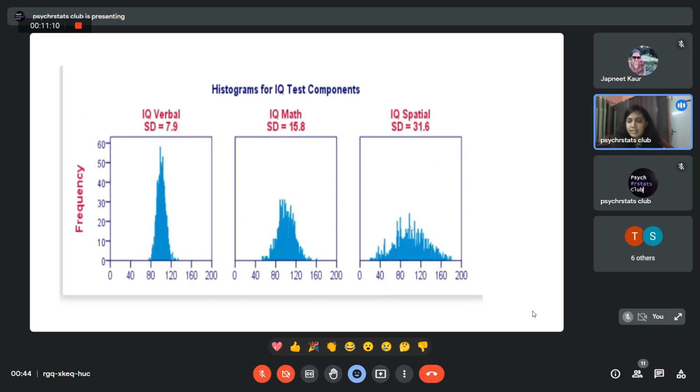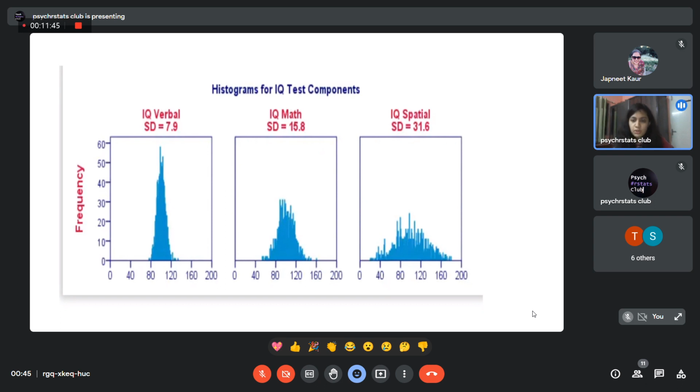So when we say that here the SD is 31.6, this SD actually represents how spread out this data is. But if you look at this data, here the SD is 7.9. Here the scores are not that spread out. They are closer together and there is not much variance in the scores. So measures of variability show how different each score is in the data, and the reference point is